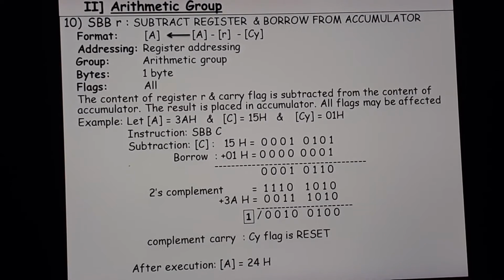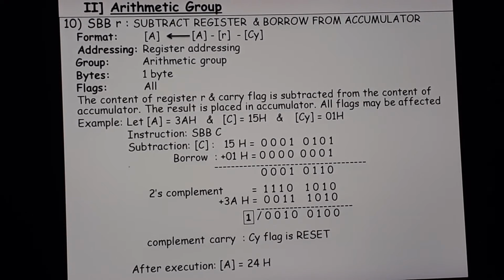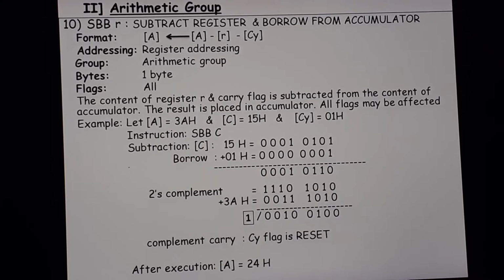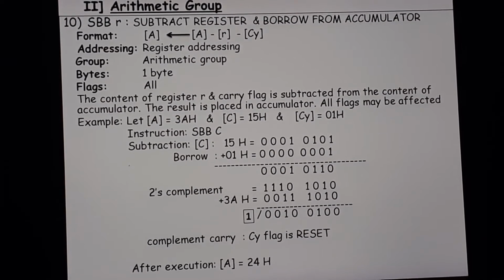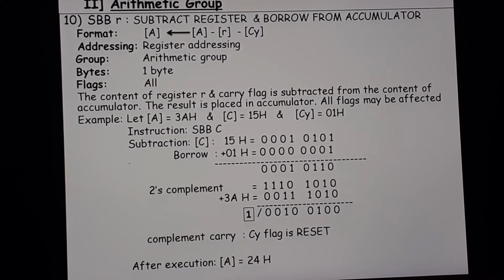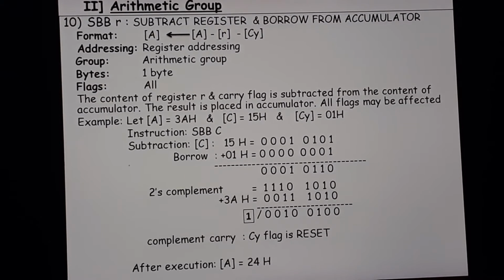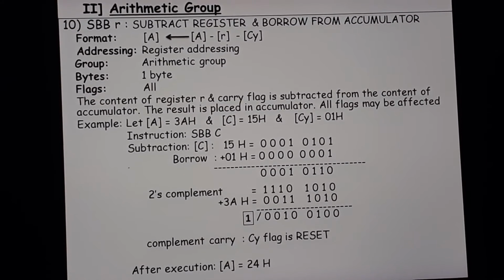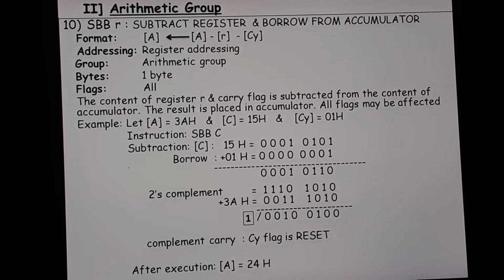Now you need to find the 2's complement of this 16. Okay, so the 2's complement I have written there. How to find the 2's complement? First you will write the 1's complement of that particular answer by replacing 0 by 1 or 1 by 0, and then add 1 to your 1's complement answer. Then you will get the 2's complement result. Okay, so I have written directly the 2's complement answer as 1110 1010 is my answer.